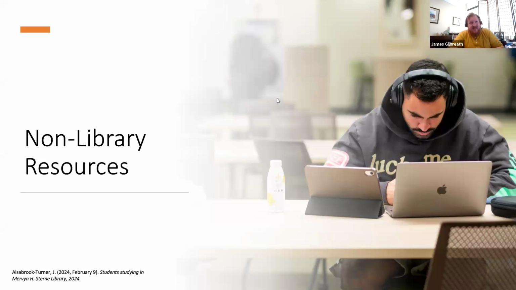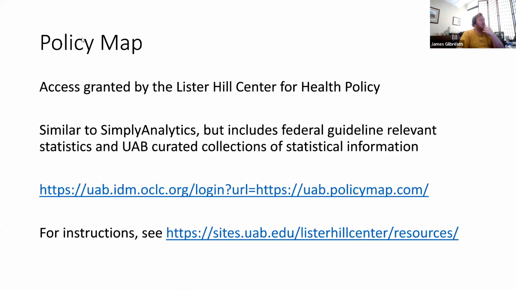Okay, so Statista and Simply Analytics are, I would say, the two big library provided databases that you'll have access to that will have information for you to use. But of course, there are a ton of non-UAB library resources. The first of these is called Policy Map. Now, this is a subscription database, but access is provided by the Lister Hill Center for Health Policy. So it's similar to Simply Analytics, but includes federal guideline relevant statistics, and there are some UAB curated collections of